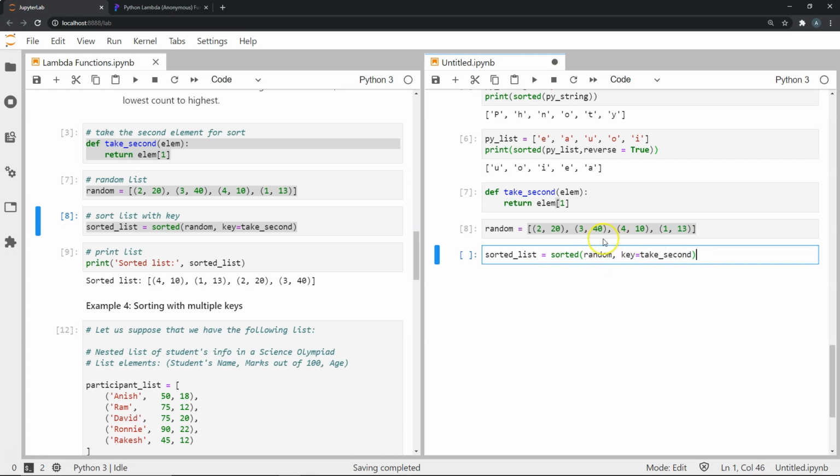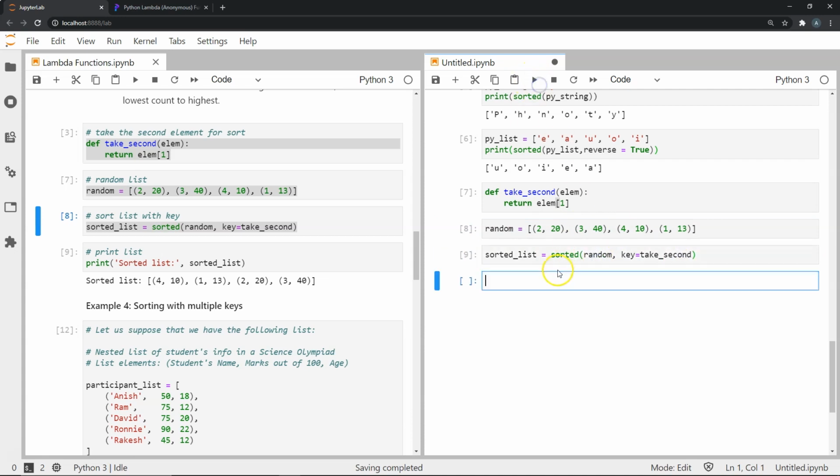So this sorted function is actually very dynamic in the sense that I can even pass a function in the parameter for key, and it will apply this function on the iterable that we pass over here, which is random namely, and it will use this function to generate a key out of each second element, and based on that it will perform the sorted function.